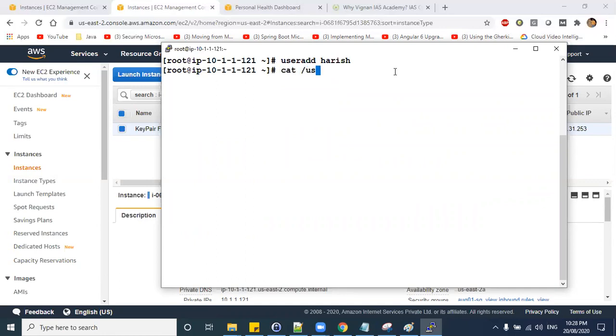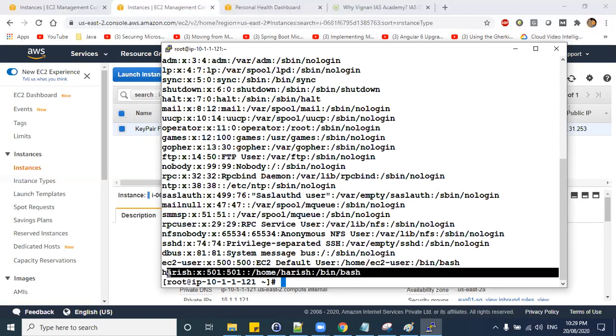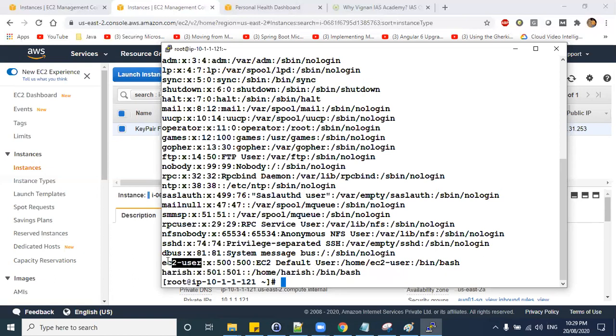Your users will be under /etc/passwd, I guess. If we see here, there is the user which we added now. The ec2-user is already available. Clear? So the Harish user is added now.